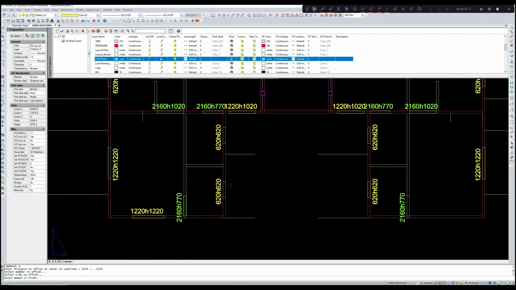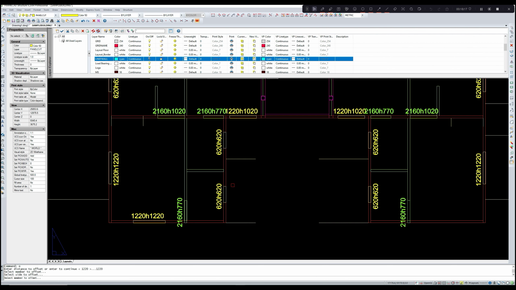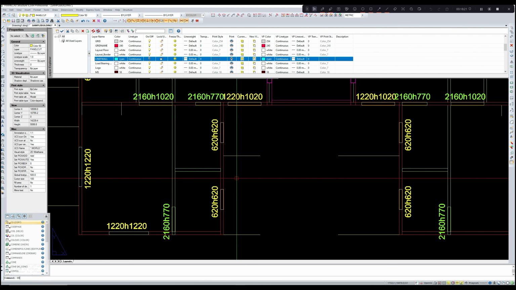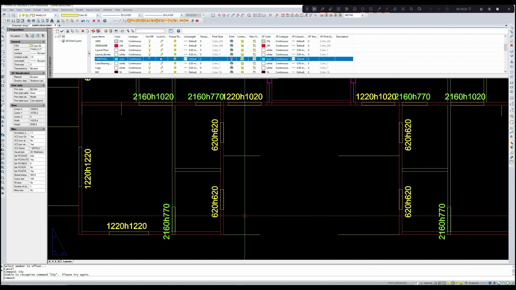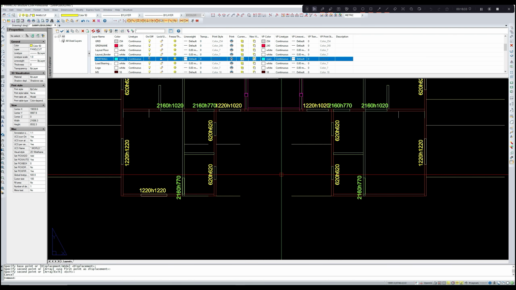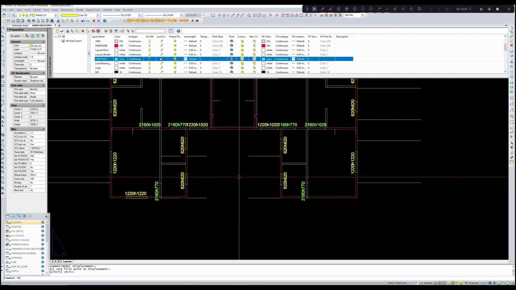Then you have to cut this line also, so we can actually copy these lines. See, you copy this internal also, so get a cut point here, then see, you copy